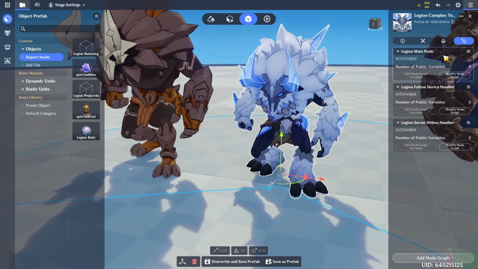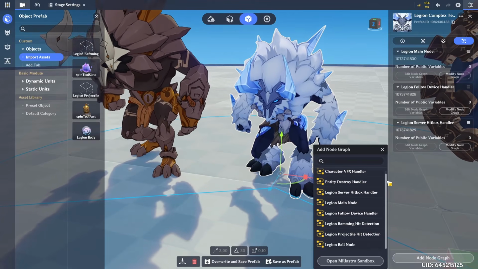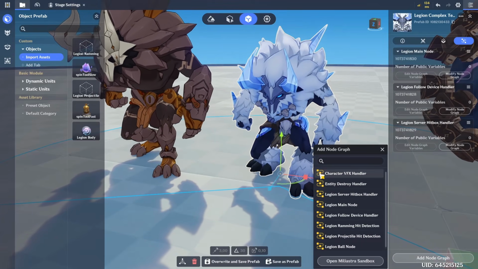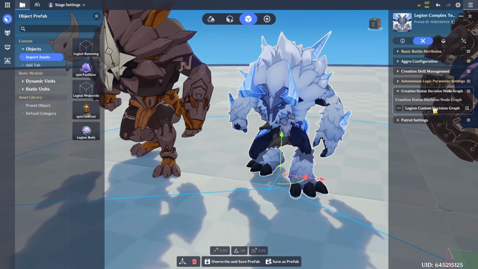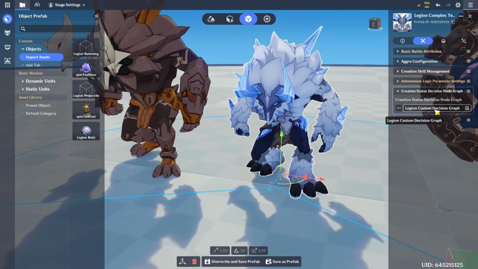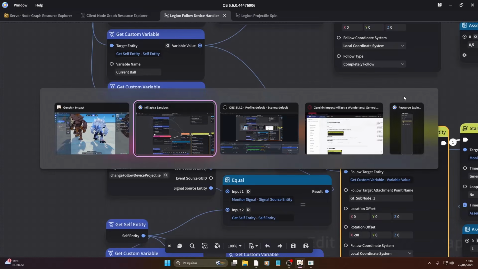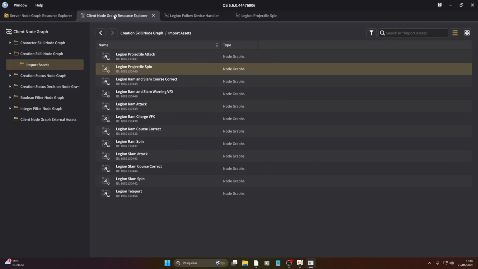This is not a server node graph. So here you can see that we only have server node graphs, as indicated by this little symbol here, and we don't have local node graphs. Where we do set up the local node graph is here, the Legion custom decision graph. This is very important, and we're going to see here on the client node graph resource explorer,